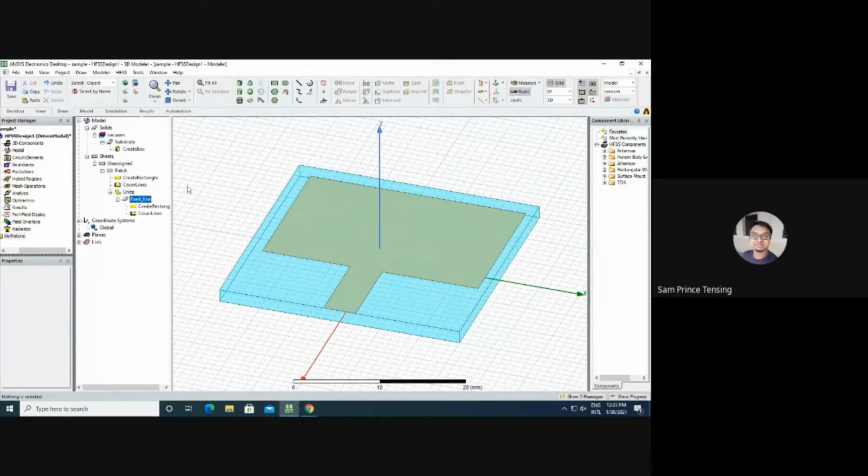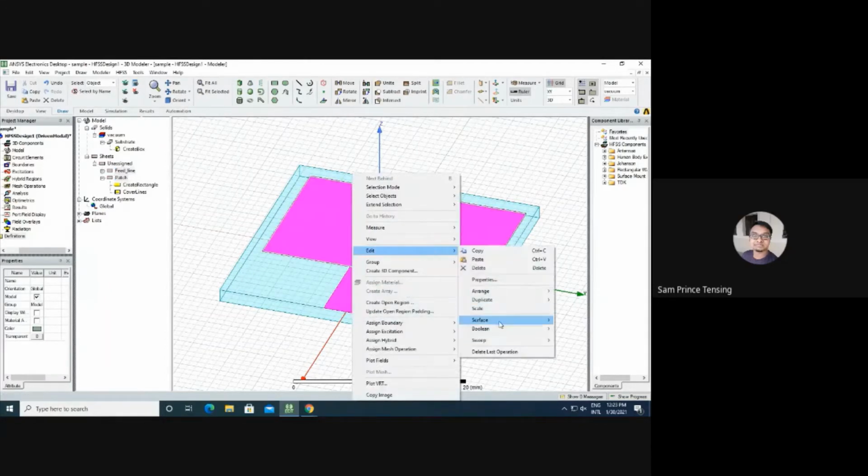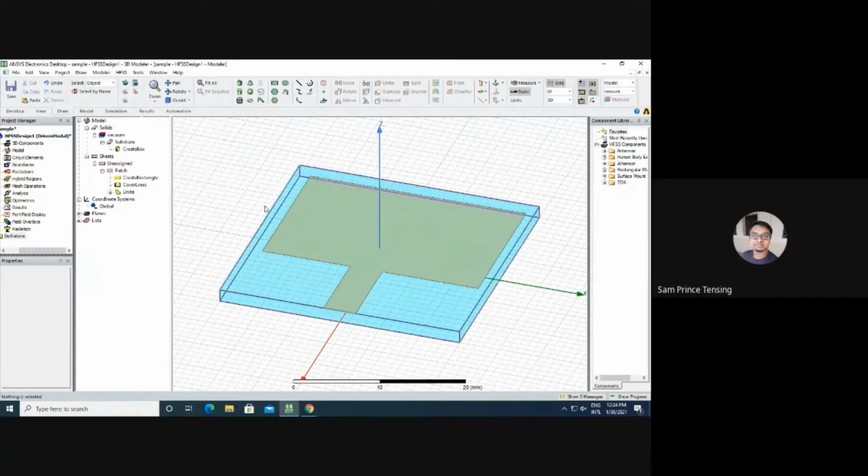If you don't want to unite, you can simply click the unite and press the delete button on your keyboard, so it will again become two separate objects. Now I need to unite it, so I click edit, Boolean, unite. So our top radiator part is over. This is where our electromagnetic waves will travel through this feed line, where we'll give voltage.